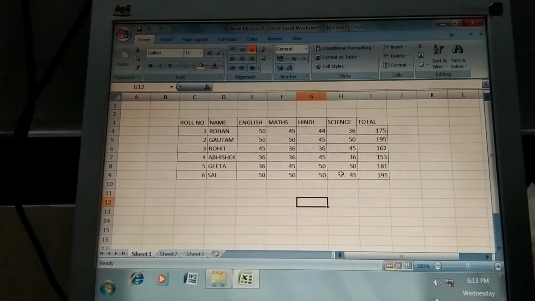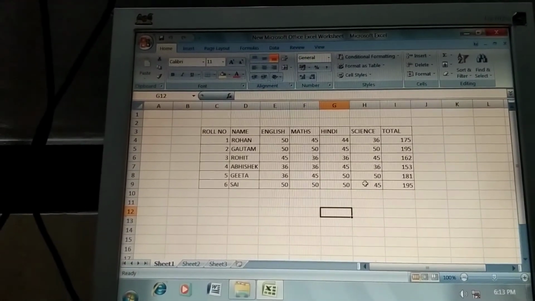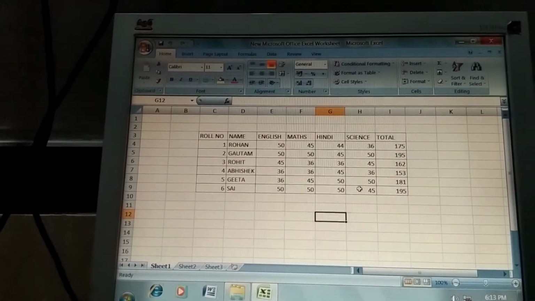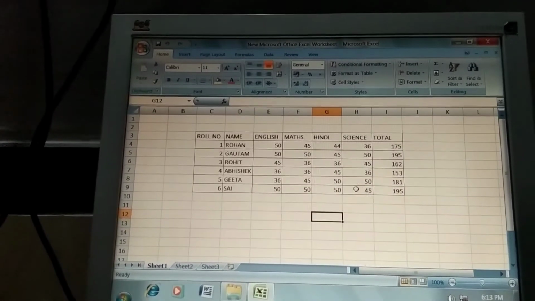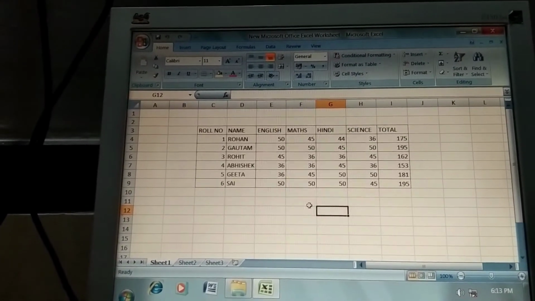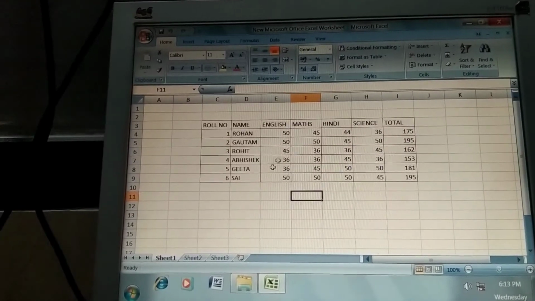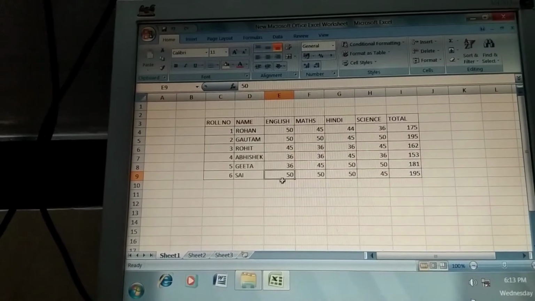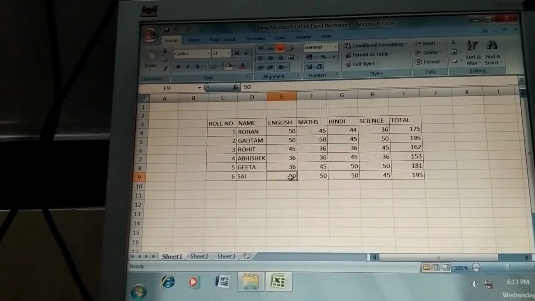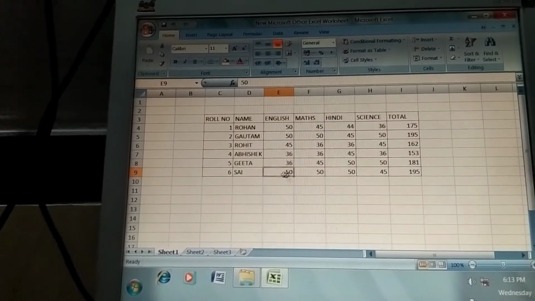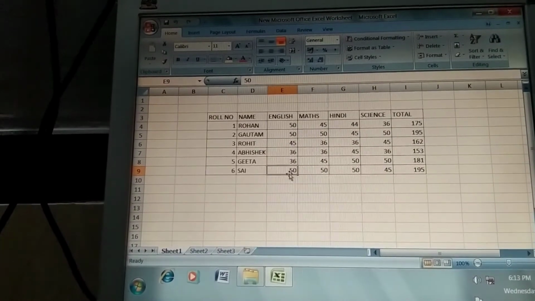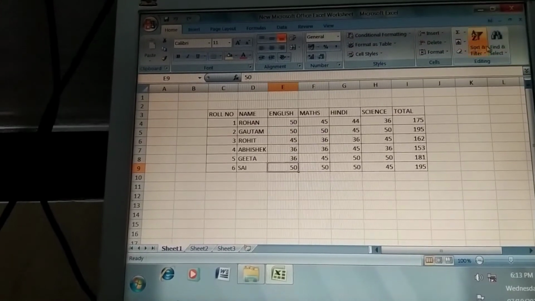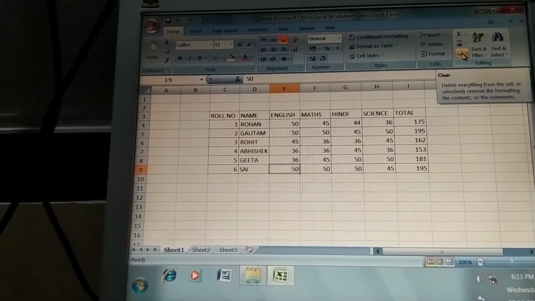Now the next option is clearing, how to remove cell content, means clear the cell. Cell content means whatever we fill in that cell. Now see, I am showing one mark sheet here. Suppose here 50 marks, I want to remove that cell content. Simply click there, and in the Home tab, the last group, Editing group, there is one option, the Clear option.